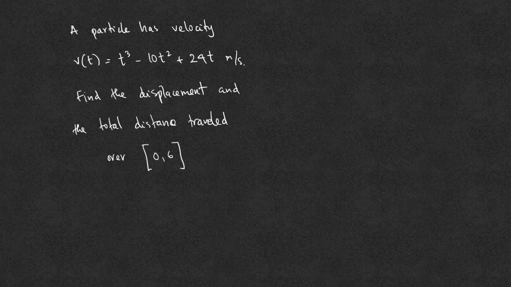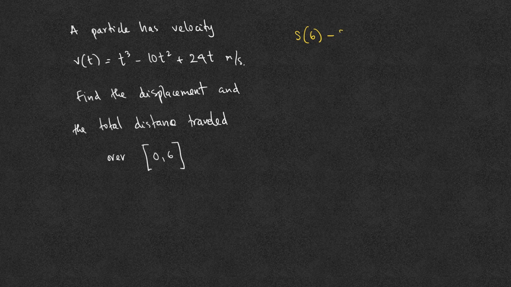The particle has velocity v of t equal t cubed minus 10t squared plus 24t meters per second. Find the displacement and the total distance traveled over the time period t equals 0 to t equals 6 seconds. To find the displacement on the interval 0 to 6 is to simply find the change in the position s